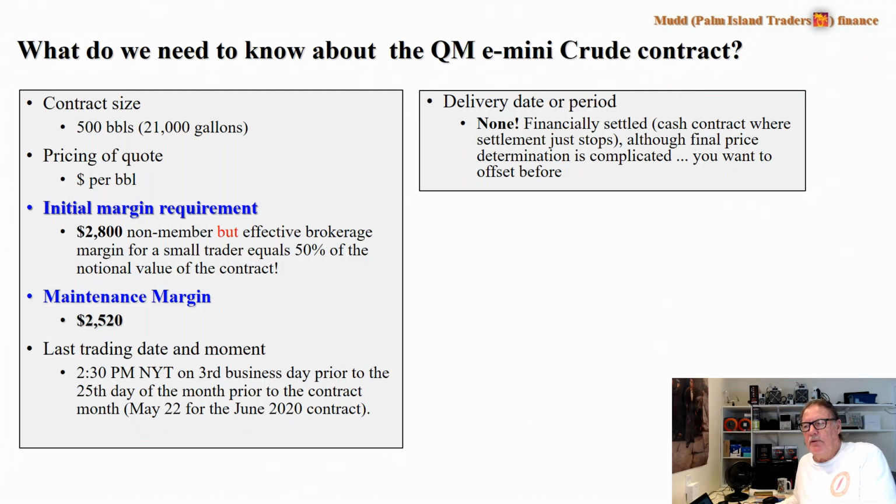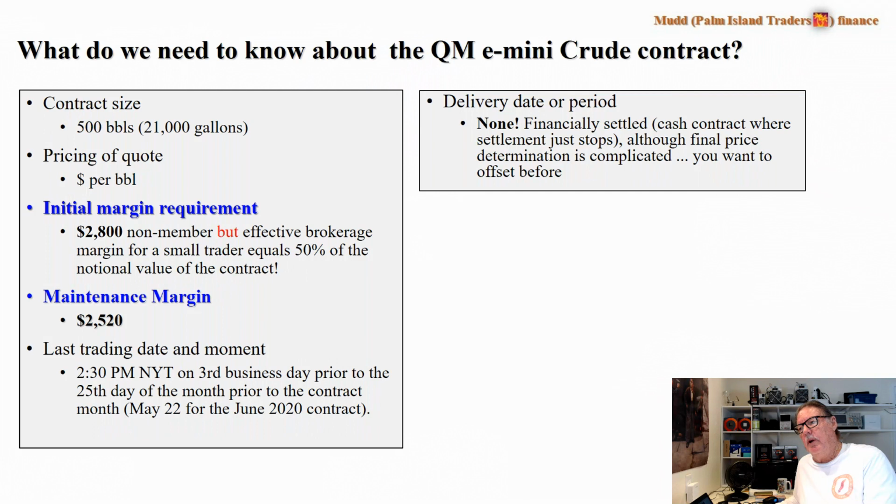So the contract size is half, 500 barrels, 21,000 gallons. The initial margin, as you can see, is also small, but again, the effective broker margin for the small trader equals 50% of the notional value of the contract, so that limits your leverage to 2 to 1. That's on purpose, obviously. The maintenance is 25/20 officially, and the last trading day is the same, but the delivery